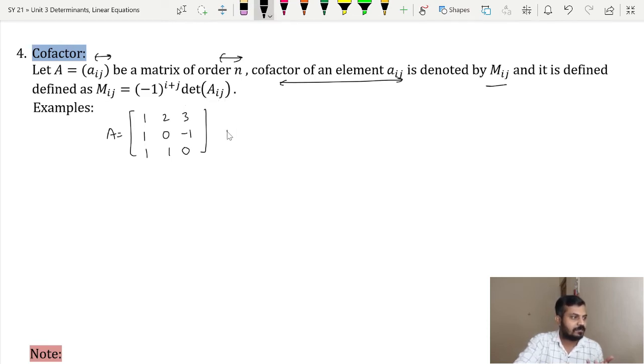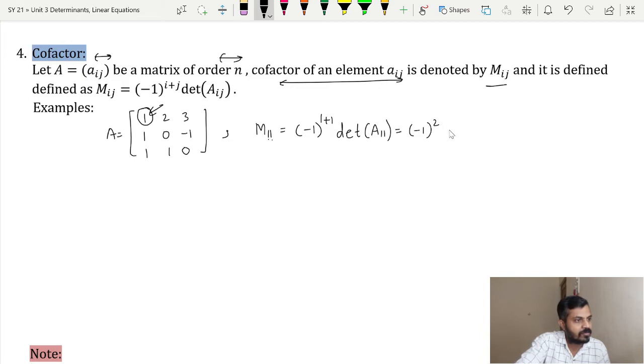So now let us find some cofactors. What will be the cofactor of the element 1? I am talking about this one, so it will be M11. There is a reason why this M11 notation is given. It means that it is for the element in the first row and first column, and that is nothing but this entry 1. According to the formula it will be (-1) raised to 1 + 1, you simply add the 1 and 1, times the determinant of A11. We already found the determinant of A11, that was nothing but 1 itself.